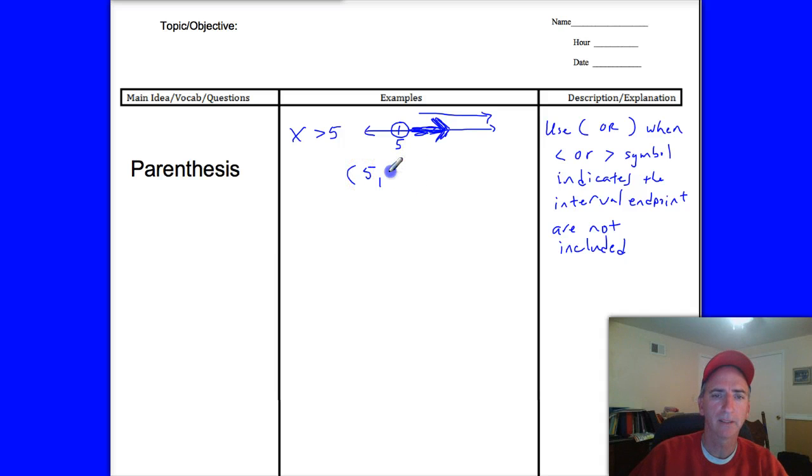Then we go comma, infinity, because the infinity symbol means that those solutions can go on forever and ever. Now, whenever we use the infinity symbol, they just go ahead and use the parenthesis. And that's just the way they do that. Okay, it goes on forever and ever. So the main thing here is that you see that that 5 is a parenthesis because this is not included